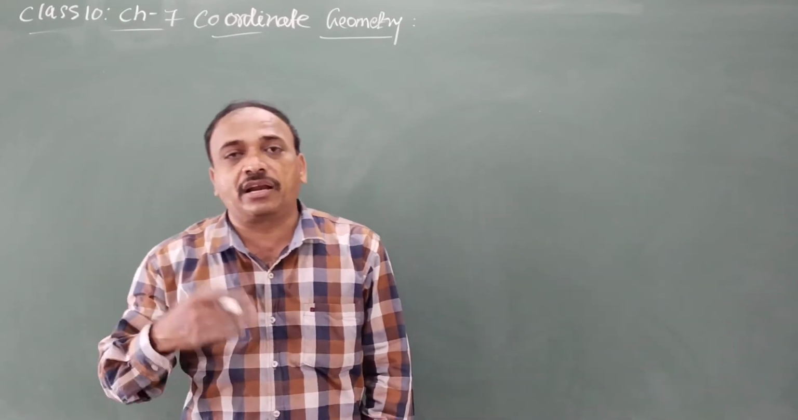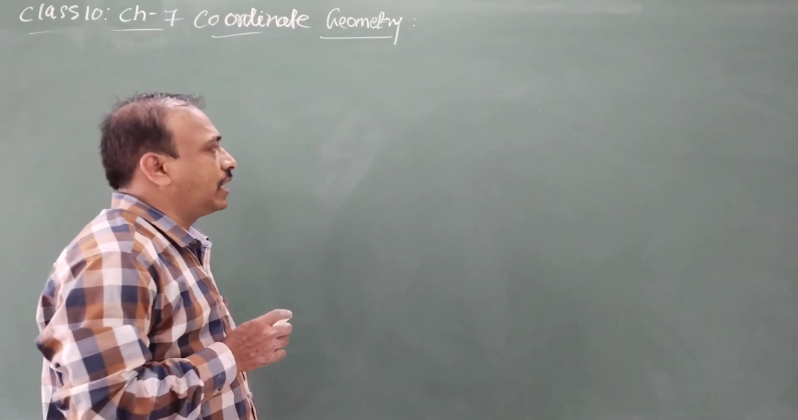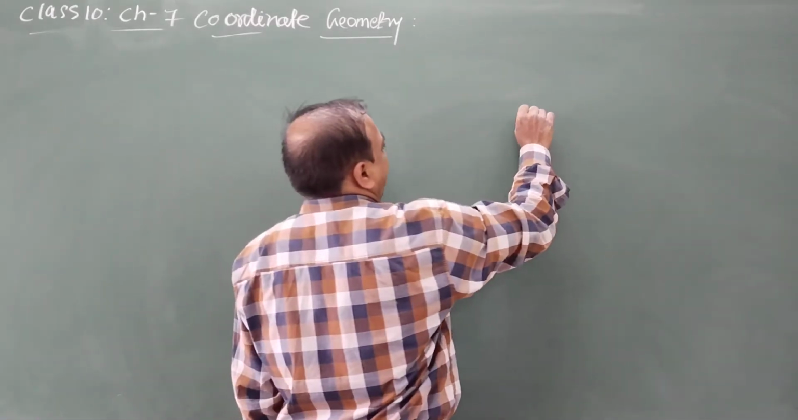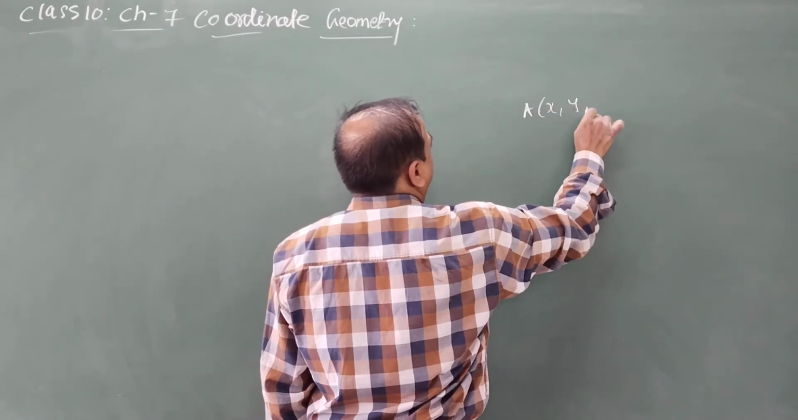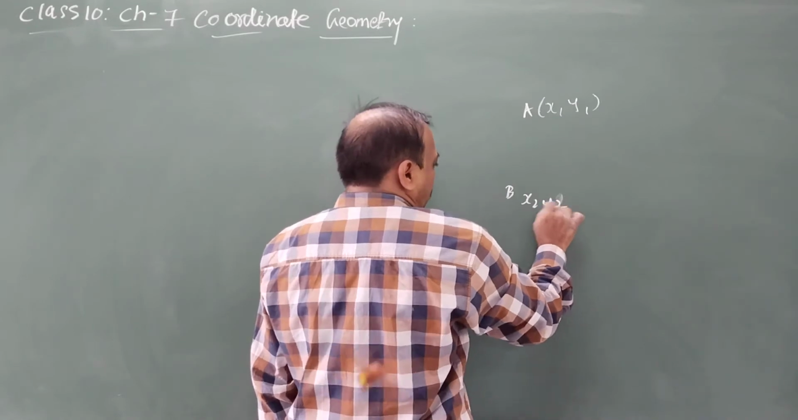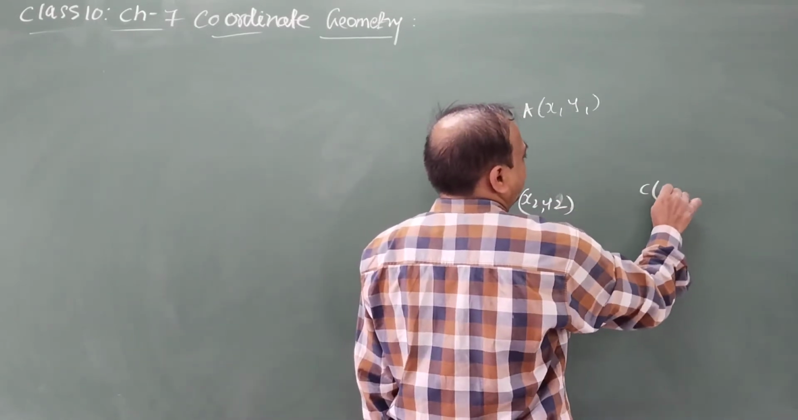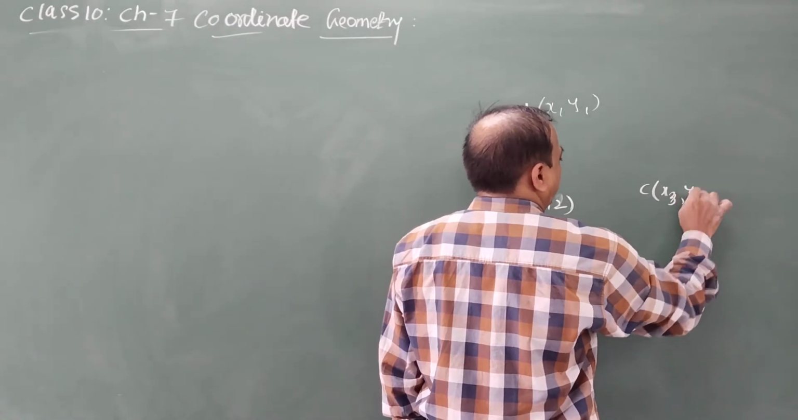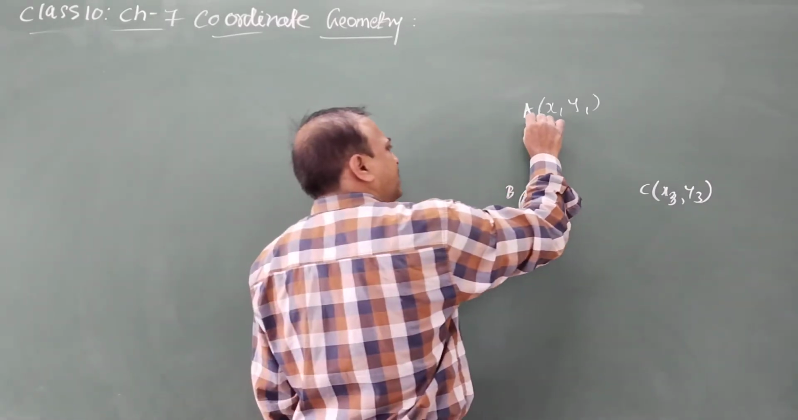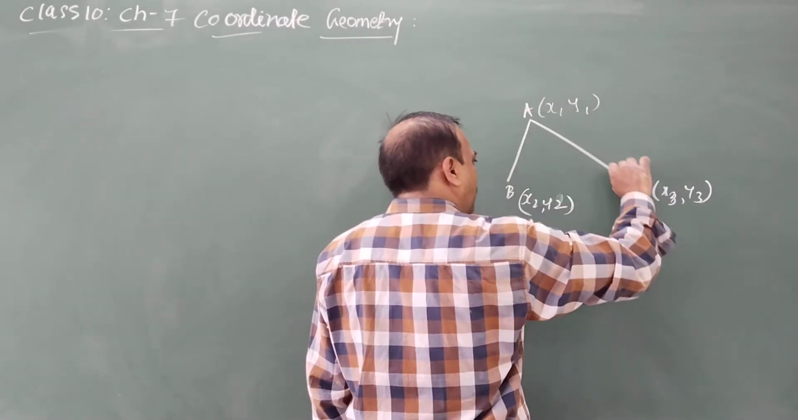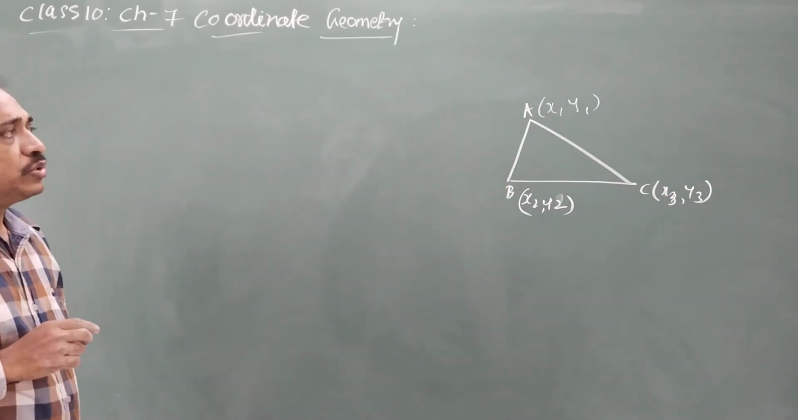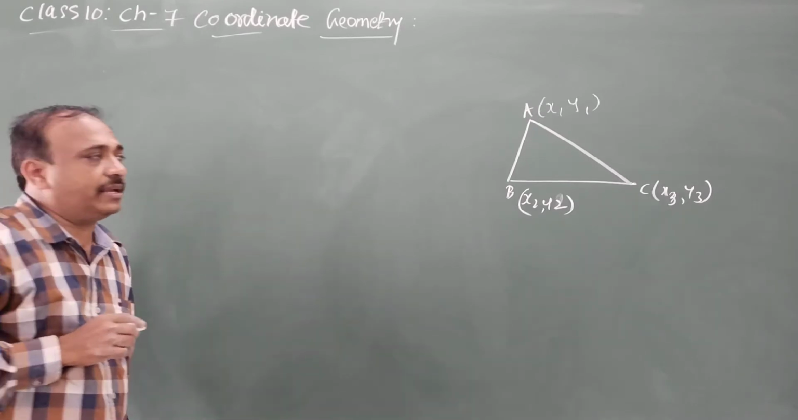And if the coordinates are non-collinear points, let A be (x1, y1), B be (x2, y2), and C be (x3, y3). These are non-collinear points. If you join these points like this, A, B, C, these are three non-collinear points, so they are forming